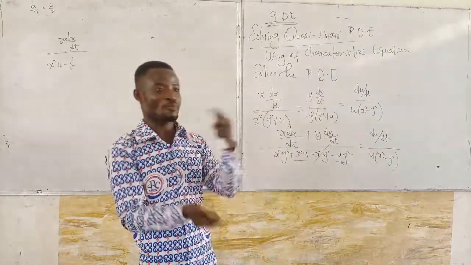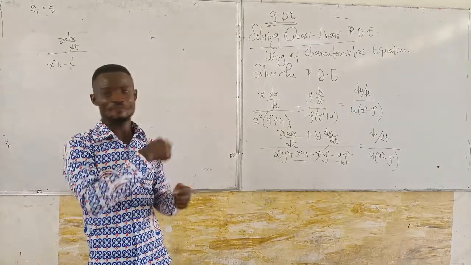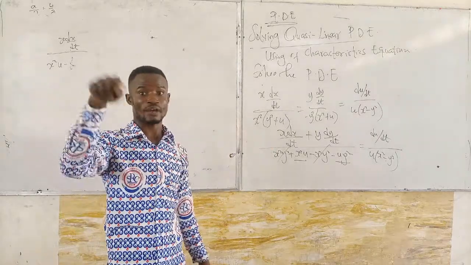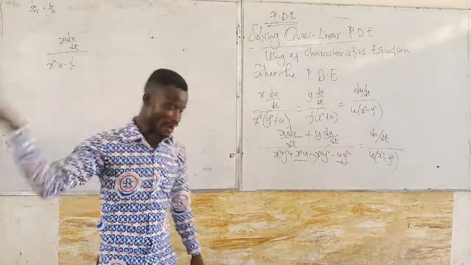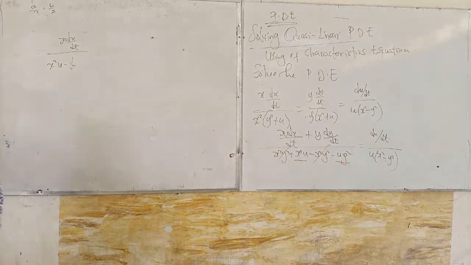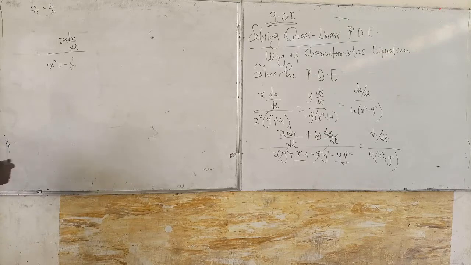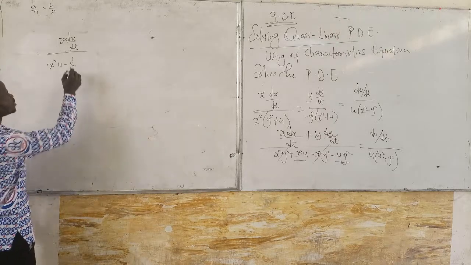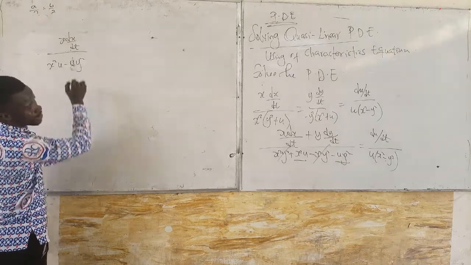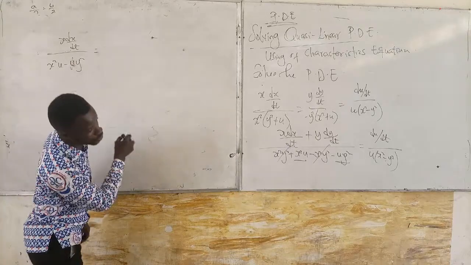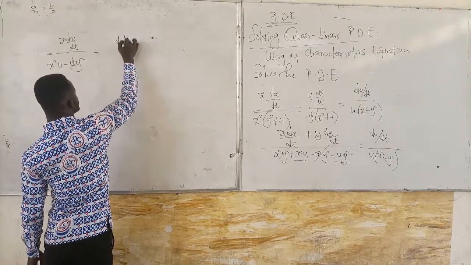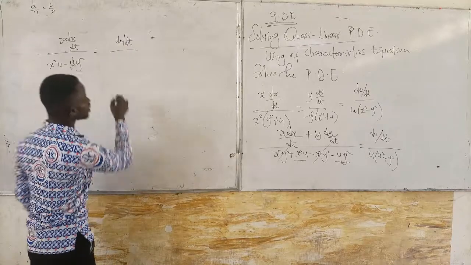I hope from the question I wrote for you, it's negative. All right, oh yeah, sorry. So that place will be u y squared equal to du dt over